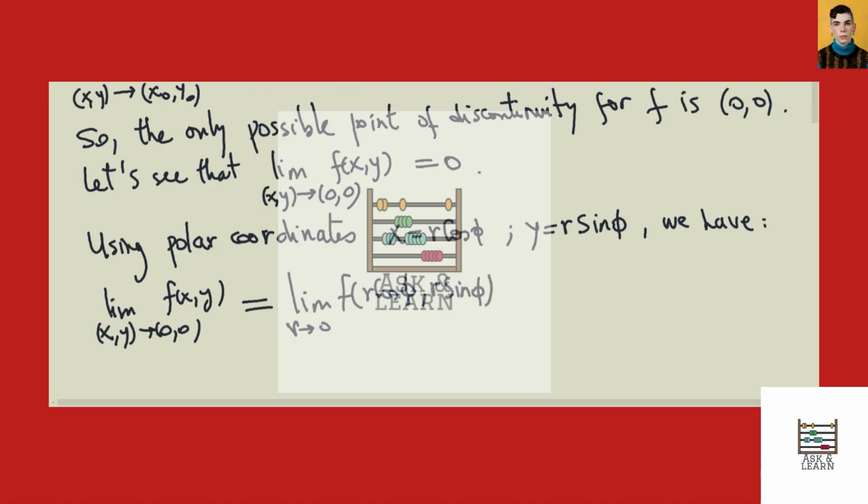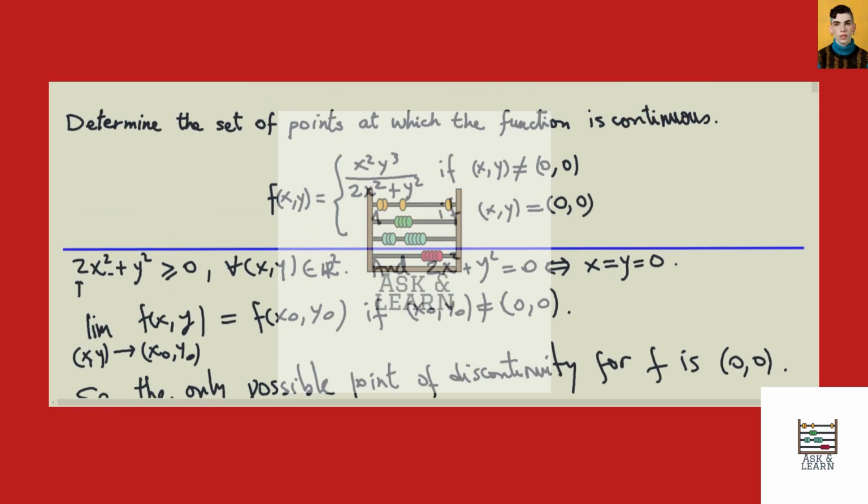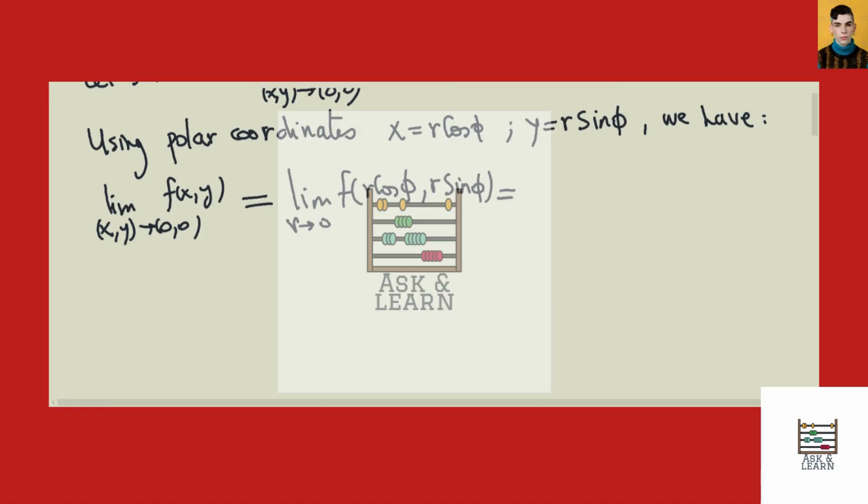That is, we have to replace x by r cosine of phi and y by r sine of phi in the definition of f, because we are all the time at points different from the origin. We use the expression defining f at all points except the origin, that is the quotient x squared y cubed in the numerator, that is the limit when r goes to 0 of this expression squared, that is